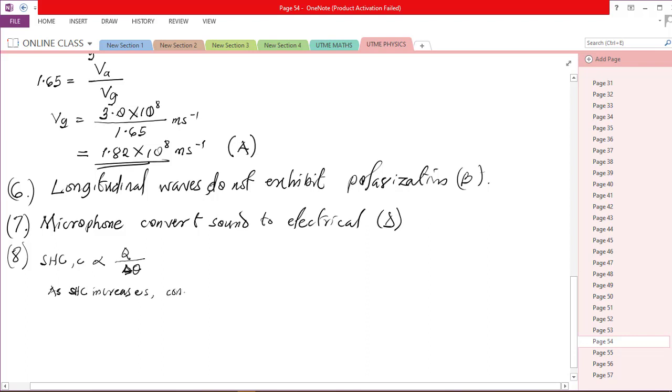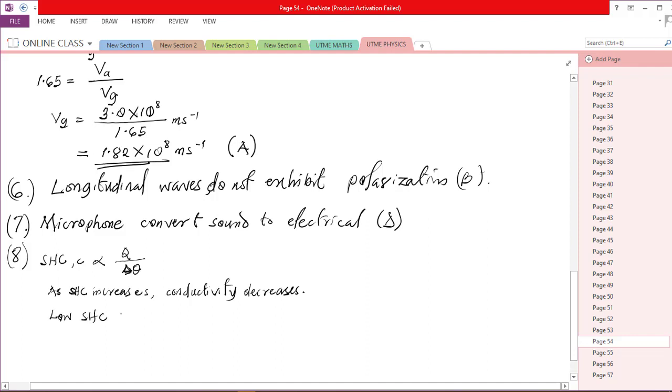Conductivity decreases. Which means that if you want high heat conductivity, you must have low specific heat capacity. So the answer here is low